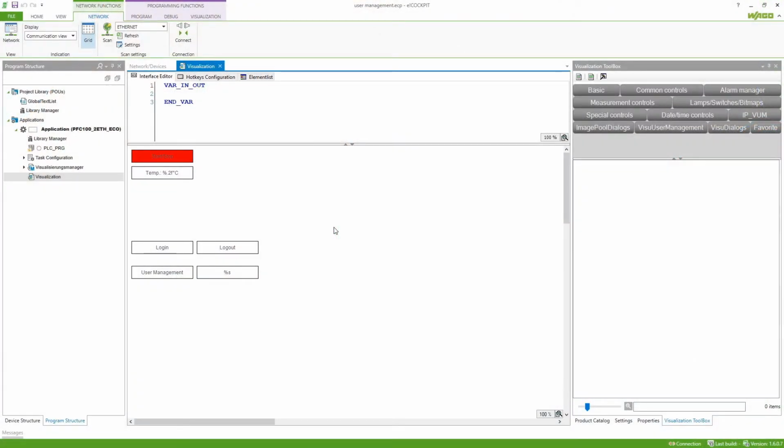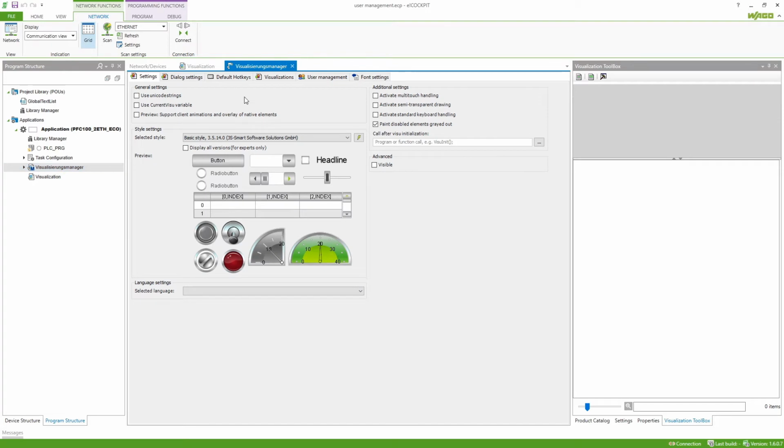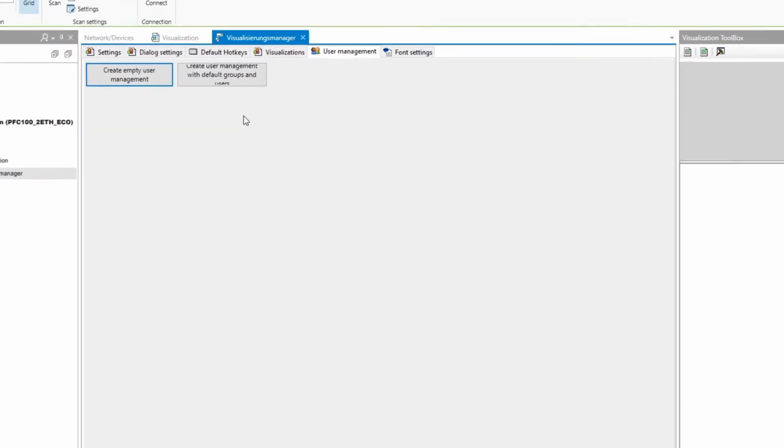Visualization using the user management. I've got a simple visualization with a start-stop button and a temperature is being shown here. I want the start-stop button only to be accessible by certain users. To do this, we have to go to the visualization manager, user management, and here we can create an empty